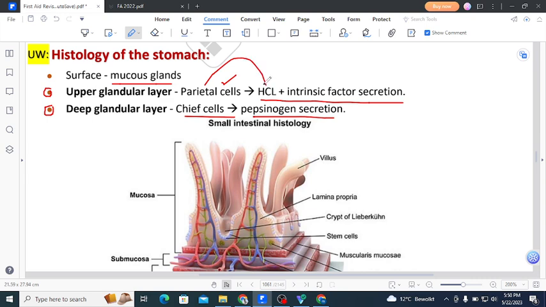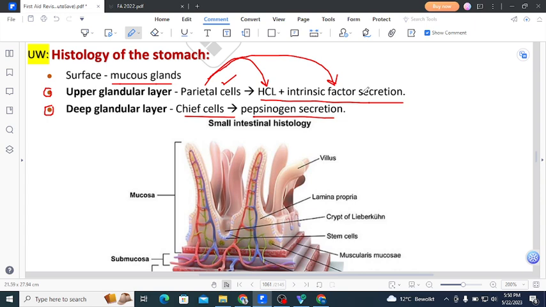The parietal cell produces HCl. Now most of the people remember HCl, but intrinsic factor is also produced by the parietal cell. You must remember that as well, because there are conditions like pernicious anemia in which we have antibodies which are targeting the parietal cells, and when the parietal cells are being targeted, the intrinsic factor is not produced, and that is the pernicious anemia. We'll study that in detail when we do the autoimmune version of chronic gastritis, but for right now just